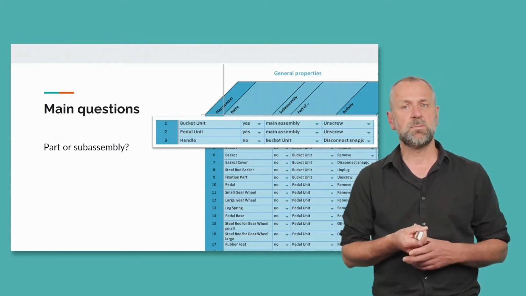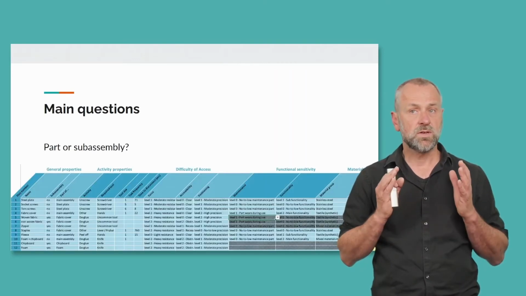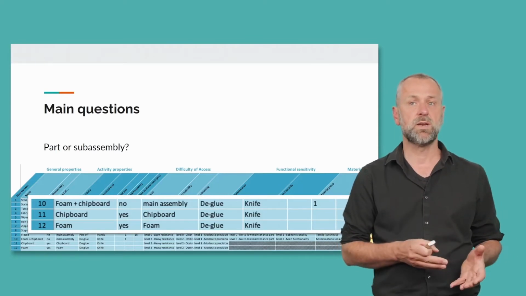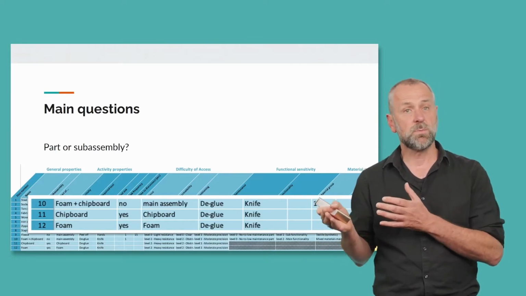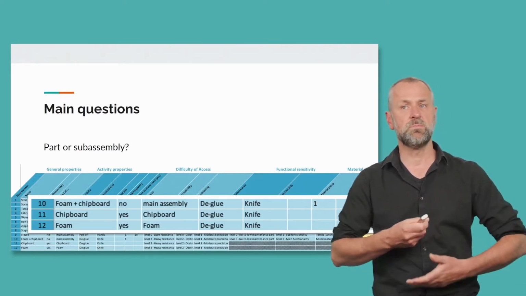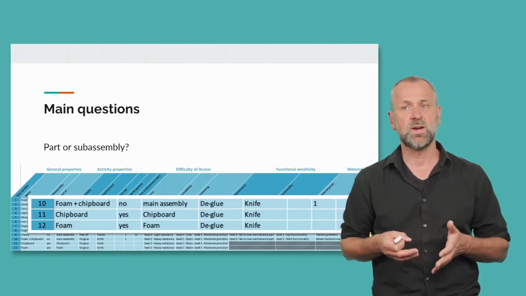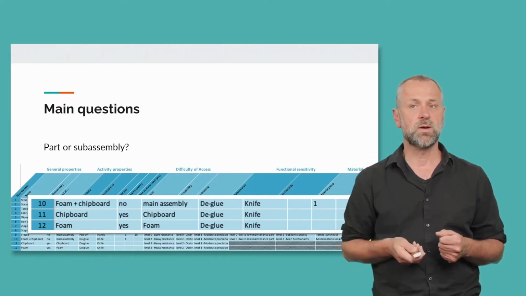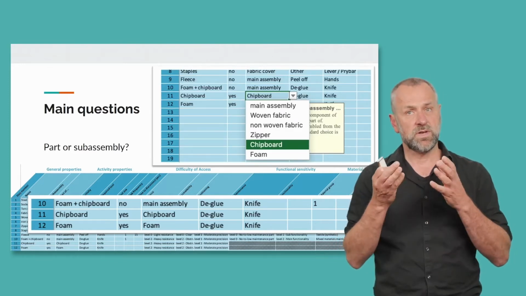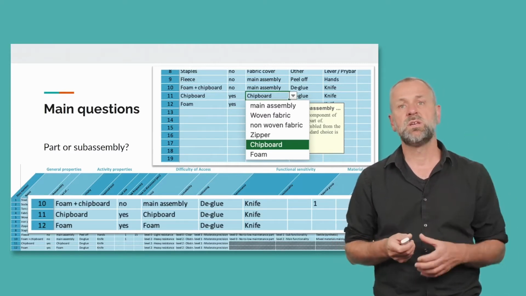A defined disassembly can never be part of its own subassembly, like in the example of the Teco acoustic panel, where the chipboard is defined as a subassembly and is part of its own subassembly, the chipboard. Of course, this subassembly is part of the main assembly, and you have to make a choice between the available predefined subassemblies by using the pull down menu, and don't type in a name over there. So there is a pull down menu in which you can make a choice of the subassemblies previously defined.